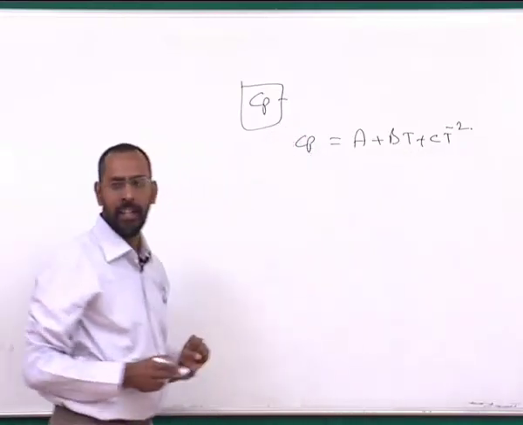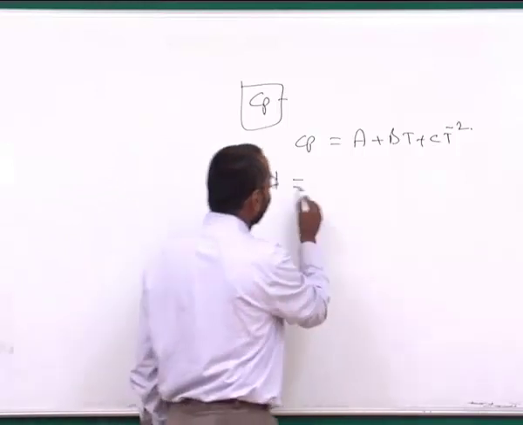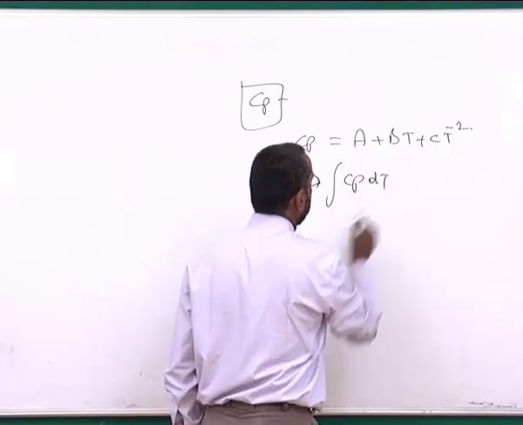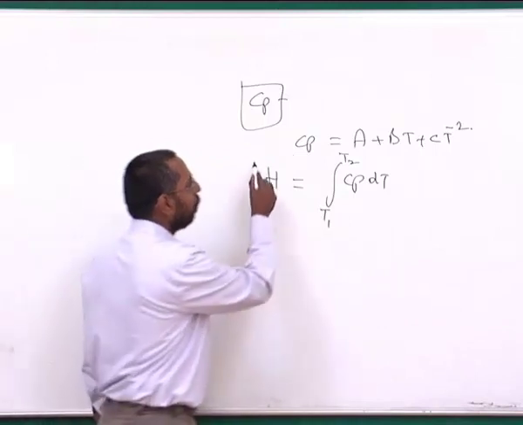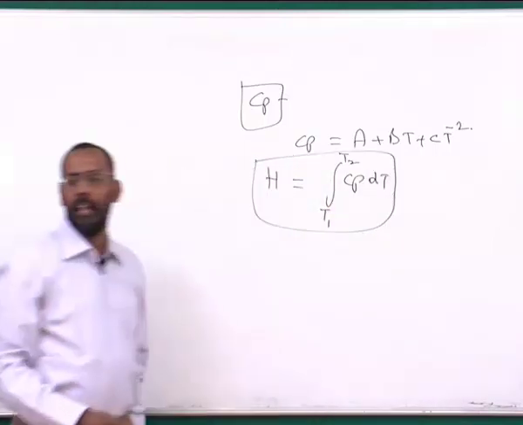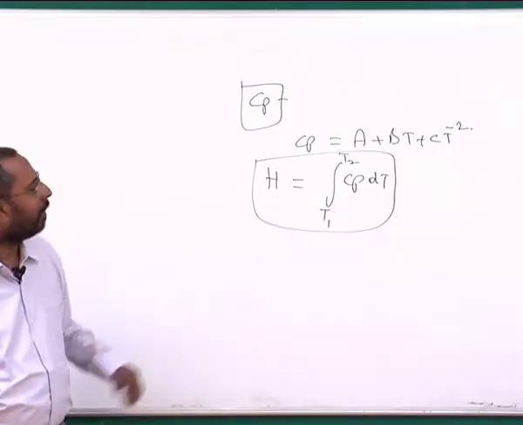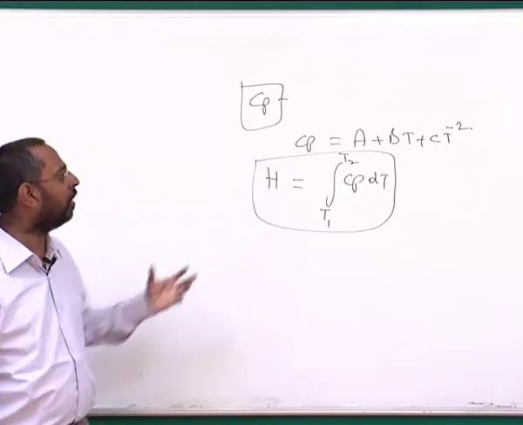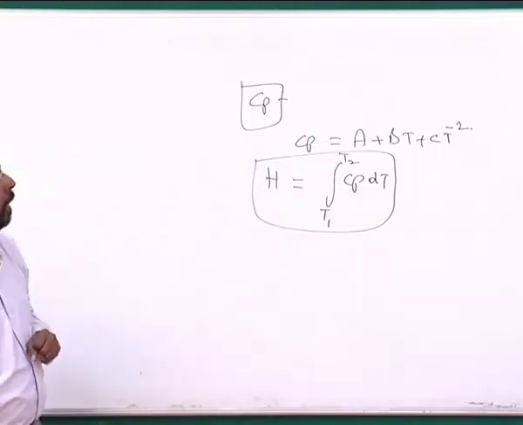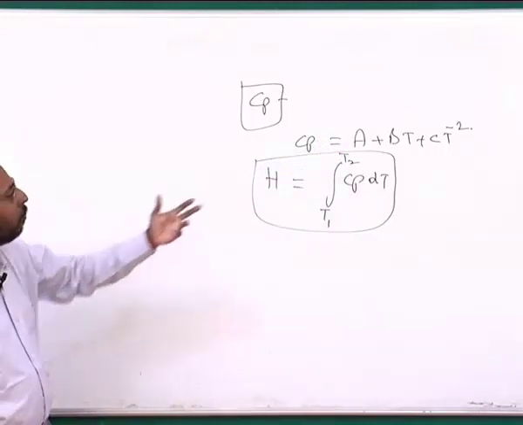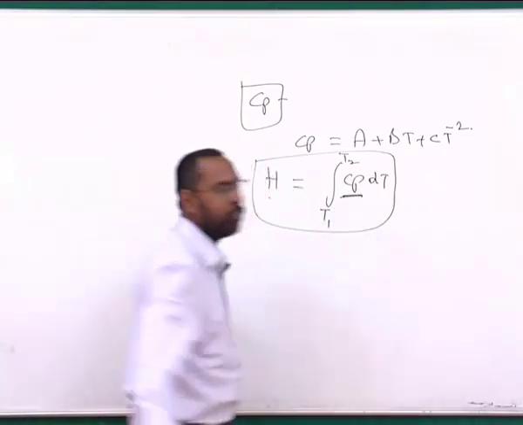And this heat capacity is reflected in terms of the enthalpy inside the material, which is usually taken as integral Cp dt from some T1 to T2. So in principle, we can actually measure the enthalpy inside the material if you know the heat capacity of the material. Or vice versa, if you can find out the enthalpy change in the material when you go from one temperature to another temperature, from that you can find out the heat capacity of the material, and these two can be used to find out what is called the thermal response of a material.